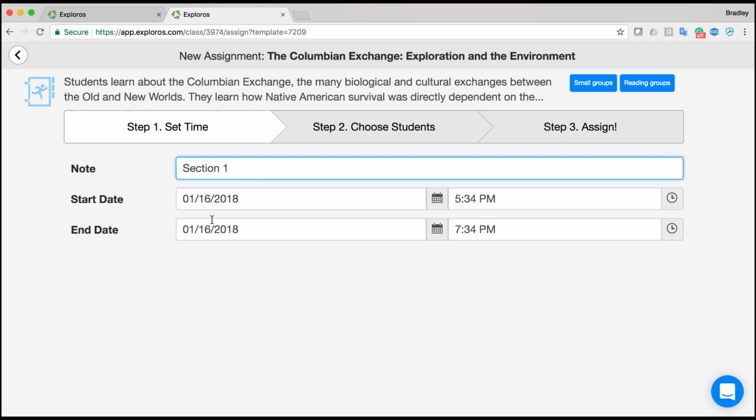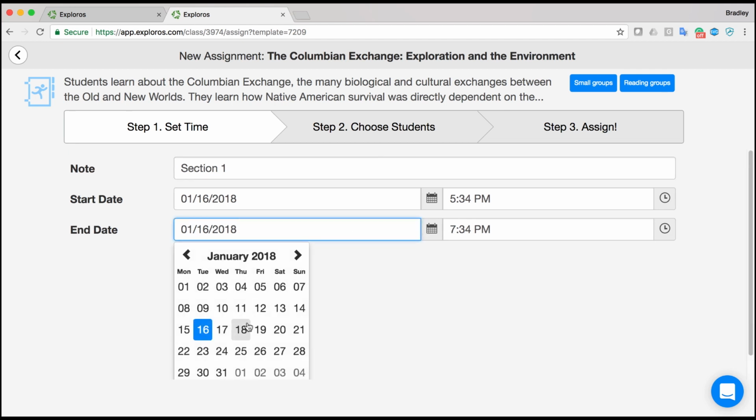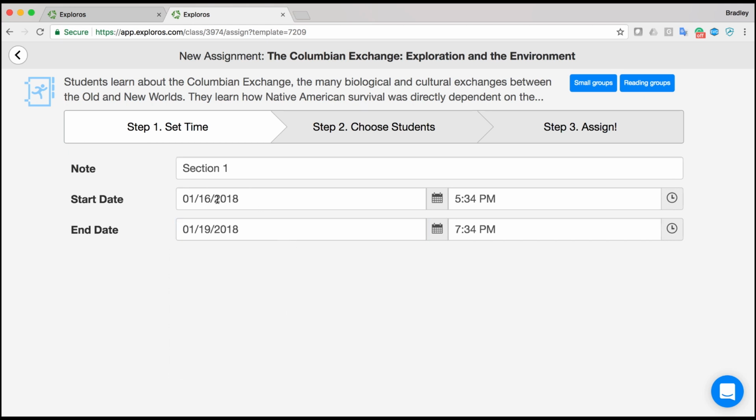You see start date and end date. This defaults to the time that you click the assign button now. The end date defaults to 2 hours later. I usually like to push this out a couple of days because once the assignment ends, you can't get it back. And it's better, in my opinion, to be able to end it when all the students have completed it rather than have it time out on you. Once it times out, it becomes read-only, and both you and your students can access it, but students can't enter